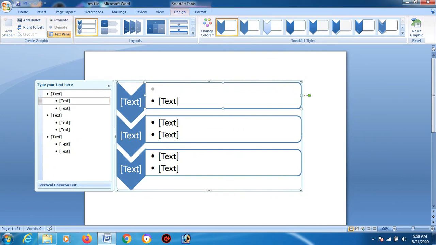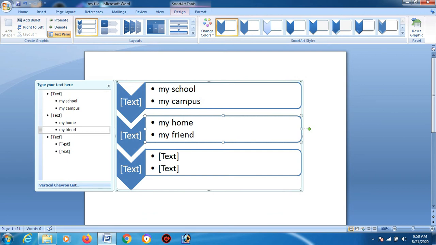So my school, my campus, my friend's home. These are a few of the random words which I have inserted to make you understand.